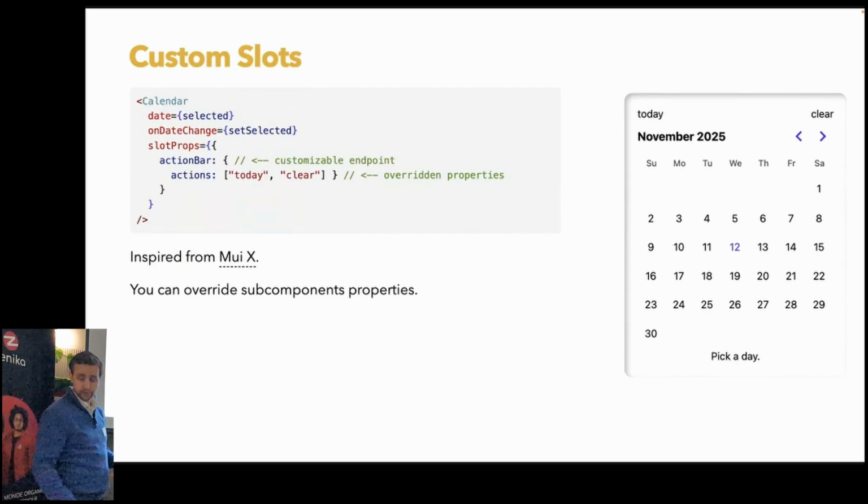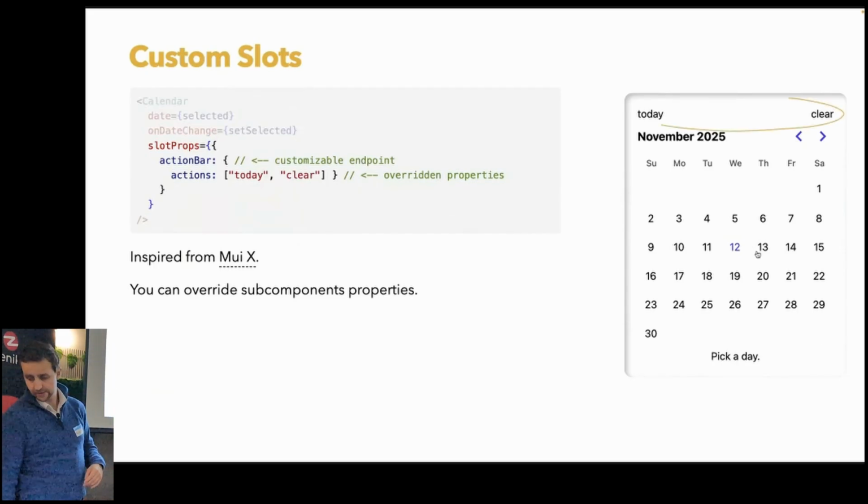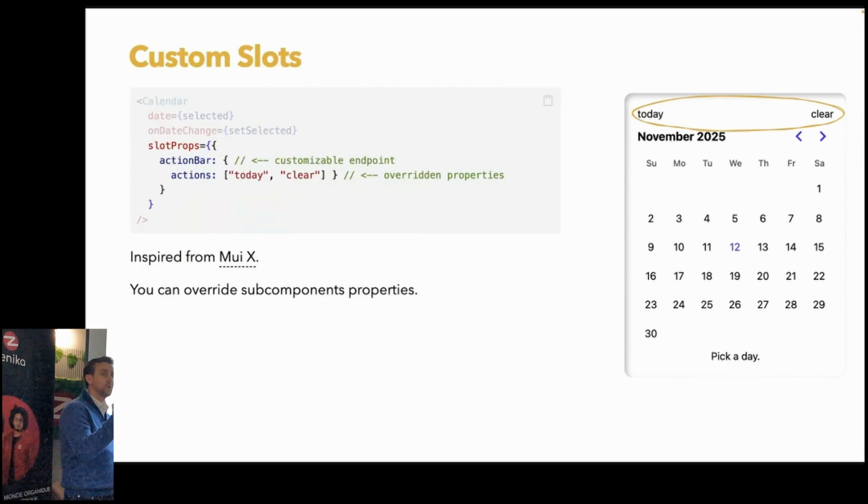So inside your component, inside your calendar, you're gonna say that, for example, there is this component. This component is called the action bar. There, as a custom slot, you're gonna say, okay, for the action bar, I want to override one property, actions. So in fact, each organism lets you override all these subcomponents, all of them, or